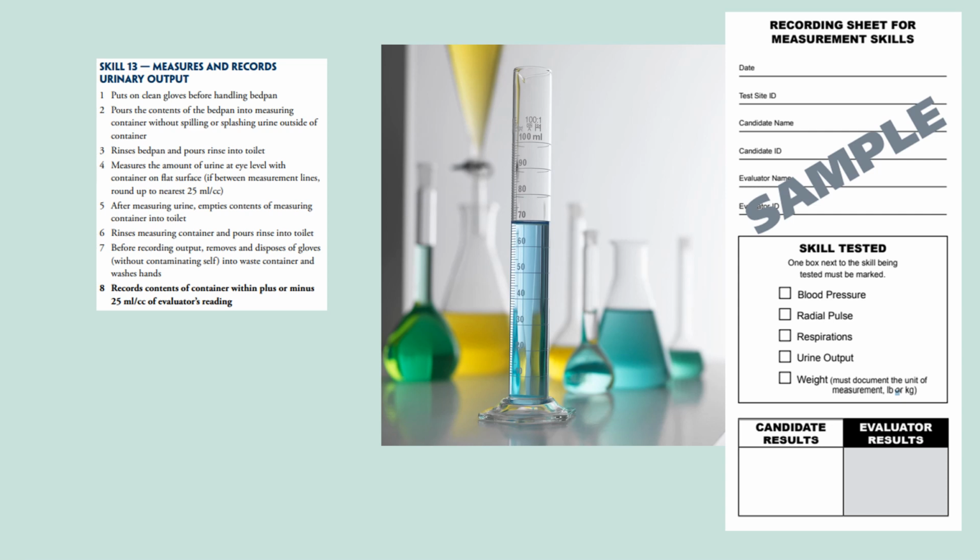Step 3 requires that the bedpan be rinsed and the rinse poured into the toilet or commode, not into the sink. I mention this because this is a common mistake candidates make in the skill. This is a measurement skill, so the candidate is required to wash hands and record their measurement on the measurement sheet. Although the candidate does not need to write milliliters or cc's, the measurement number must be in milliliters or cc's and not in ounces.